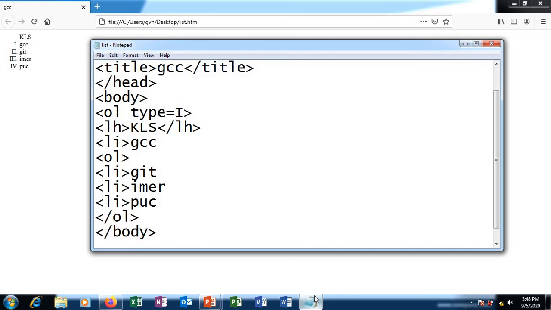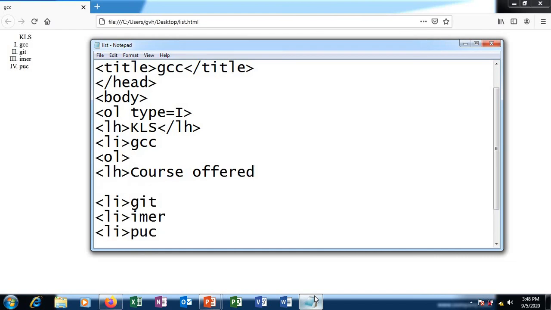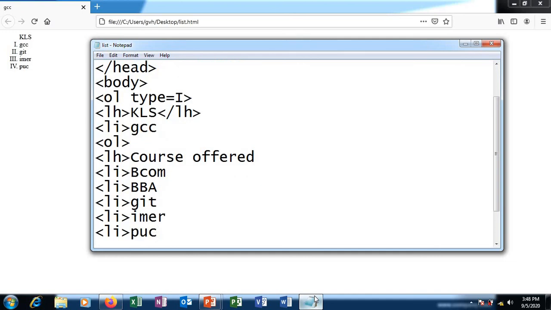So we'll start with one more OL, then we'll have LH, and the heading will be courses offered, and LI will be BCom, LI will be BBA. Now, the advantage of LI is that it is one of the tags in HTML which need not be closed. Once the next LI starts,